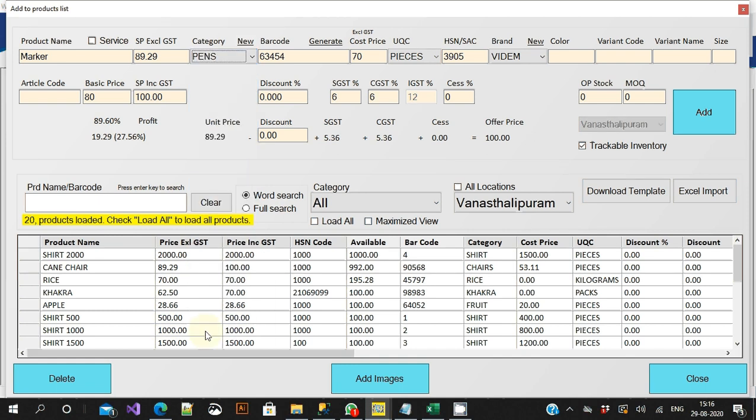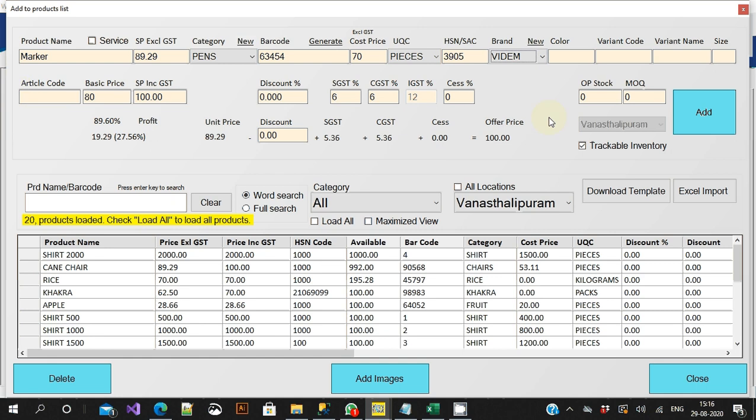The reason we are doing this is for filtration of our products and for giving discount schemes, so categories will be really useful. And then we have brand name. If you have any brand name for this product, you can create it. Color, variant name, size, article code are some of the optional fields which can be used if appropriate. Otherwise, leave them blank.